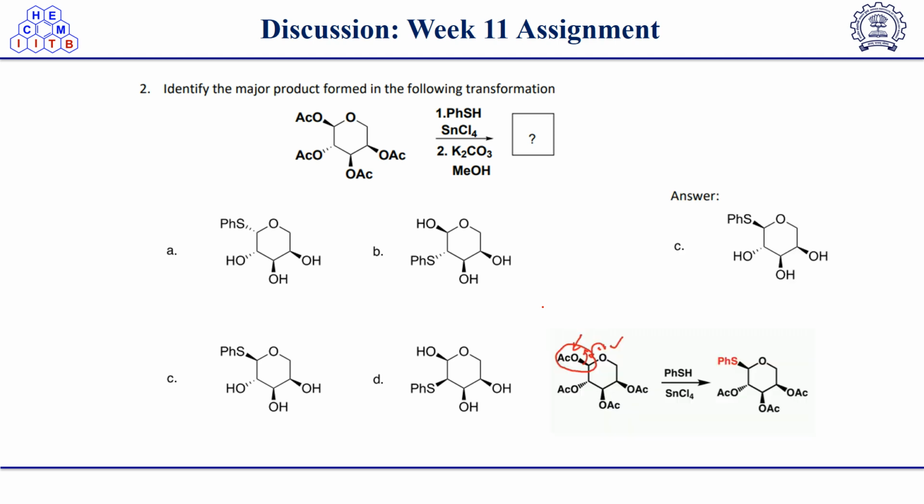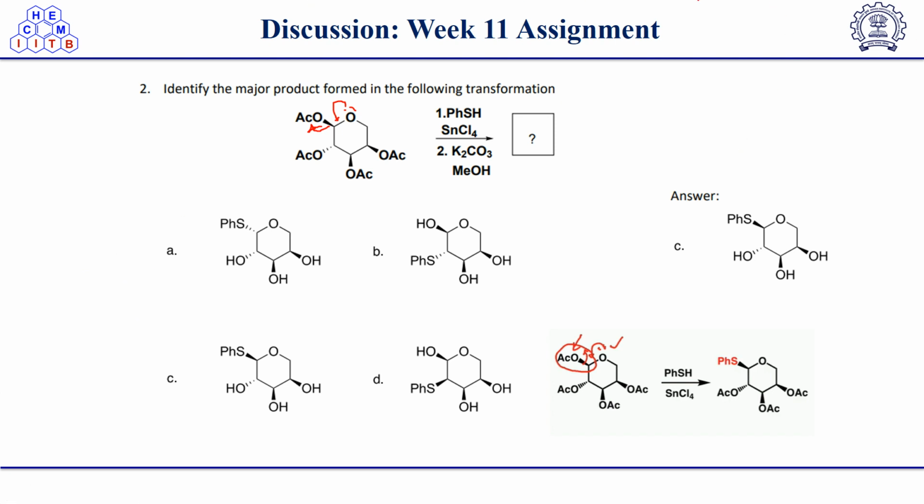Okay, so here the correct answer is option C. What is happening is that when we are treating it in the first step with thiophenol, the tin chloride, being a Lewis acid, will coordinate with this oxygen, and then this oxygen's lone pairs will migrate to here, and this will get eliminated. So it will result in the formation of an oxonium ion, and to that oxonium ion, this SPh minus